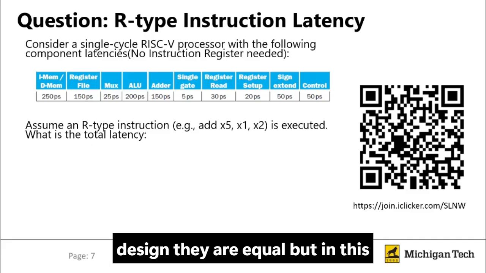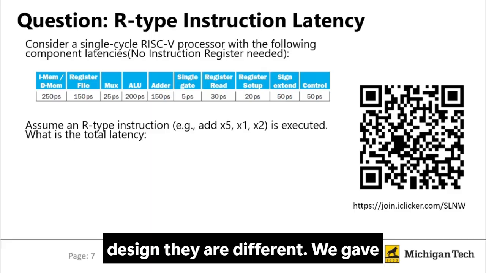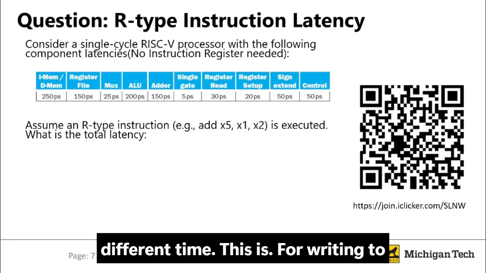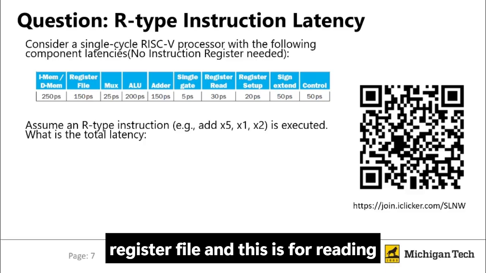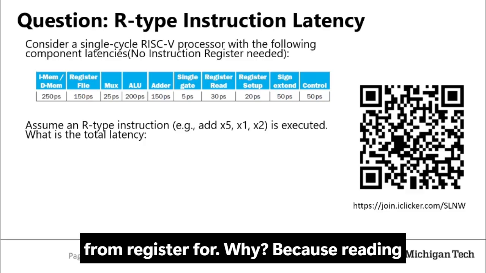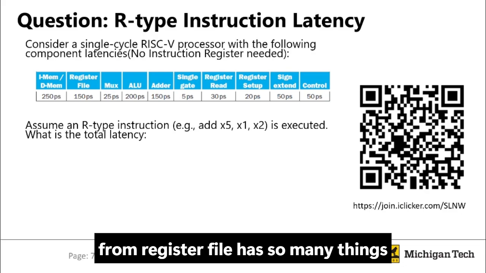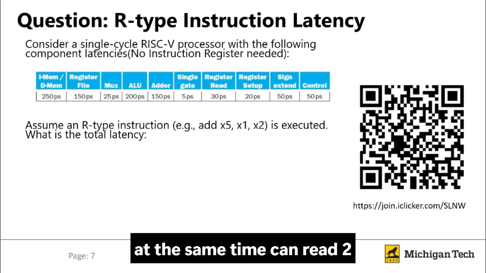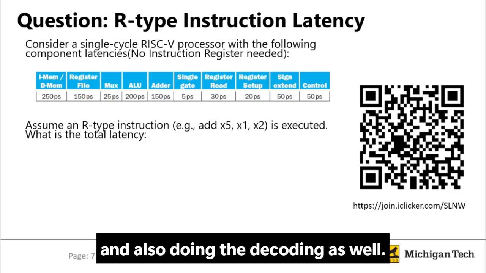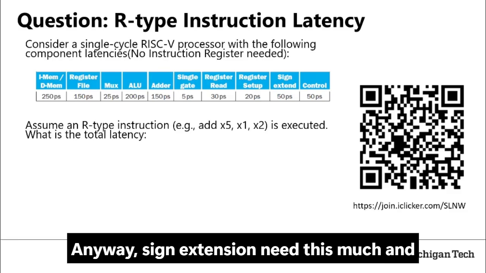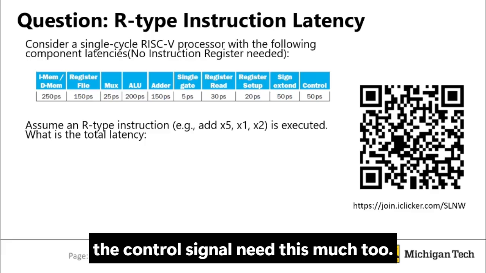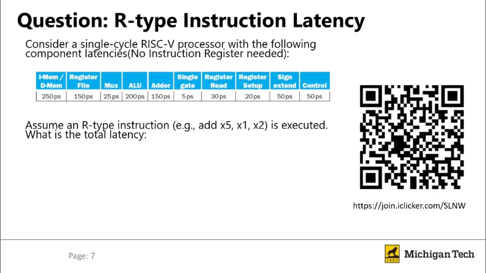In some designs they are equal, but in this design they are different. We gave different times: this is for writing to the register file, and this is for reading from the register file. Why? Because reading from the register file involves many things. At the same time, it can read two registers and also do decoding. Anyway, sign extension needs this much, and the control signal needs this much too. So we are asking,